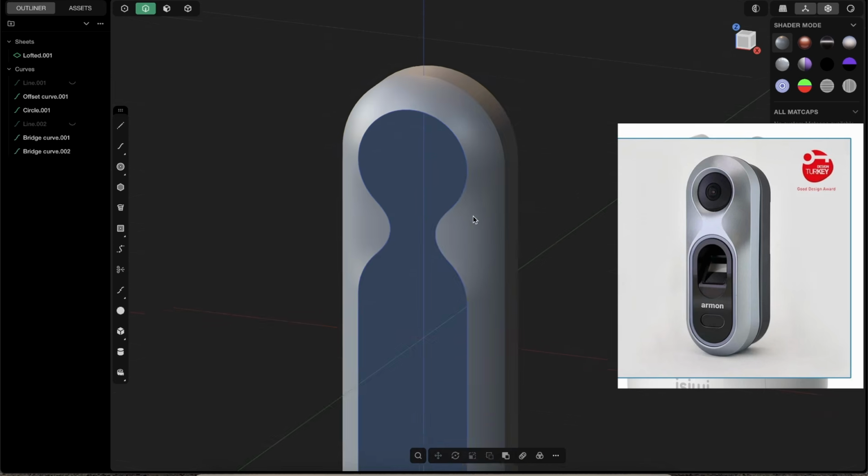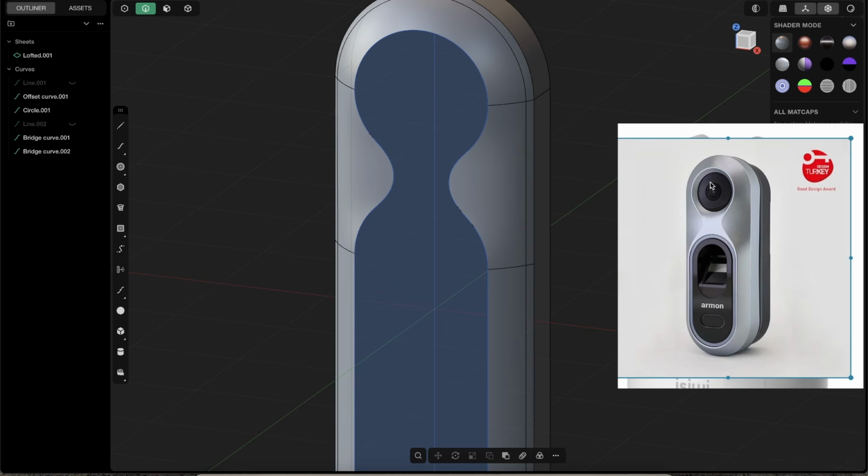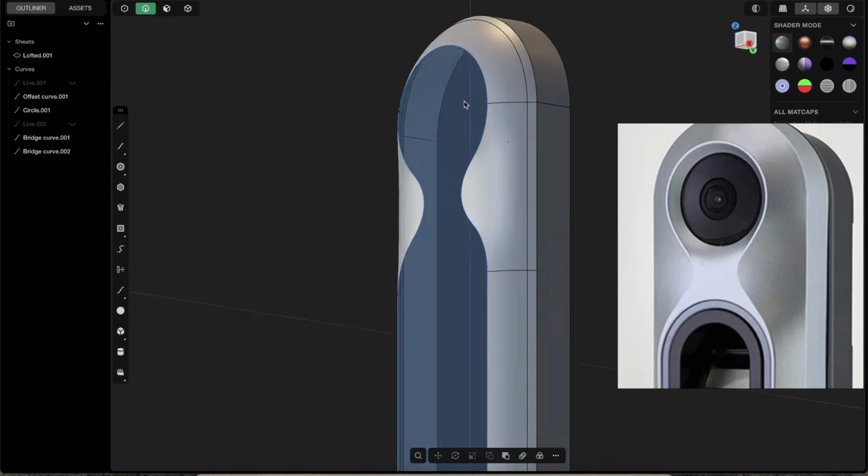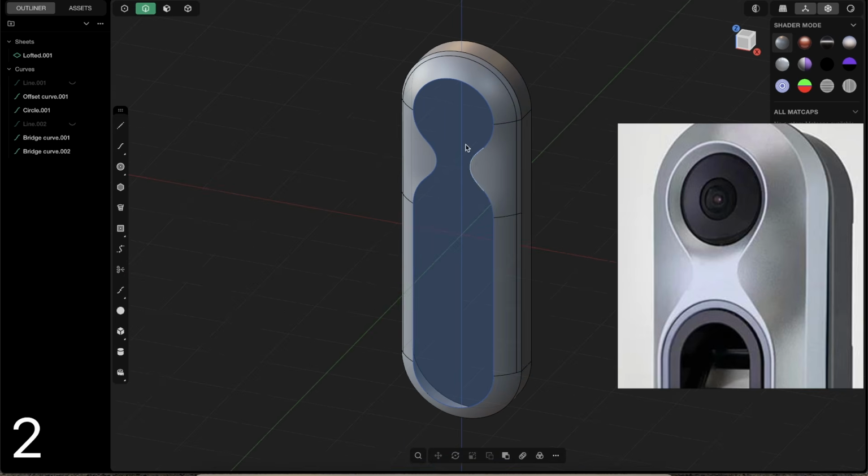And now let me think. Oh yeah, now what we want to do is, because this is also an interesting part, I will not do the details here, so you should do them after the tutorial just to finish, but that's way too simple, nothing interesting to learn. But here again, you see we have this nice flat surface, but then it goes inwards, right? So we have this nice little detail like here. And for that, also pretty simple, let's press 2,